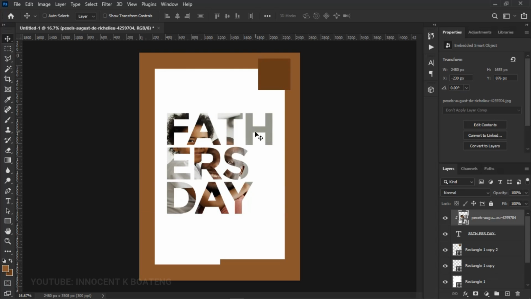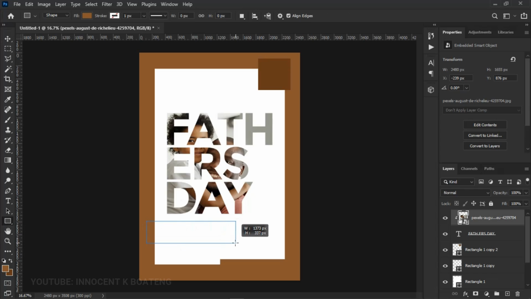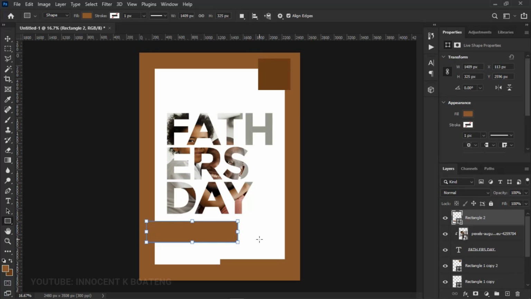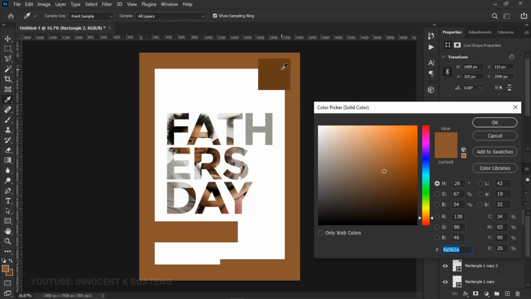Next, we can add our text and the rest of the elements. To do that, the first thing we want to do is go for the rectangle tool again, and we are going to create another rectangle right underneath this one. Sometimes it is best to bring in your text before you create the rectangle because it makes it so easy. Then we're going to double click on it. We're going to use the same color that we used for the square that we created up here. So you use your eyedropper tool here and select the same color, and then we're going to click